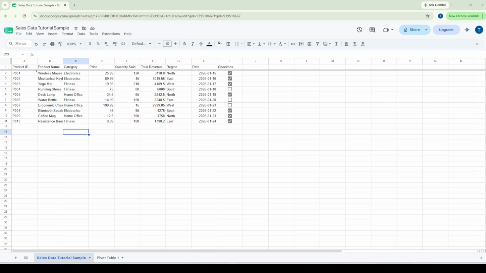In today's video, I'm going to show you how to restore version history in Google Sheets so you can recover lost data, roll back unwanted changes, or simply see what your spreadsheet looked like at any point in the past. Version history is one of Google Sheets' most powerful yet underutilized features. It acts like a time machine for your data, automatically saving snapshots of your work every time you or a